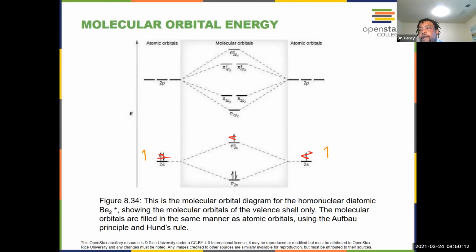If we have hydrogen, we put it in that sigma bonding orbital. So this is able to form a diatomic, H2, where beryllium